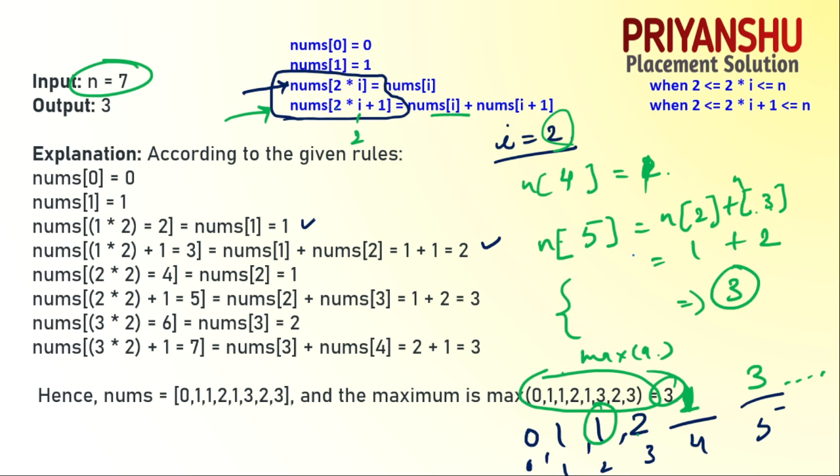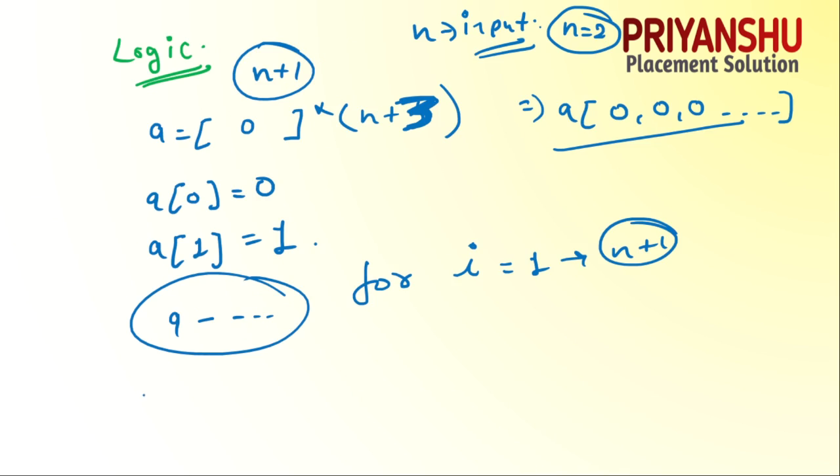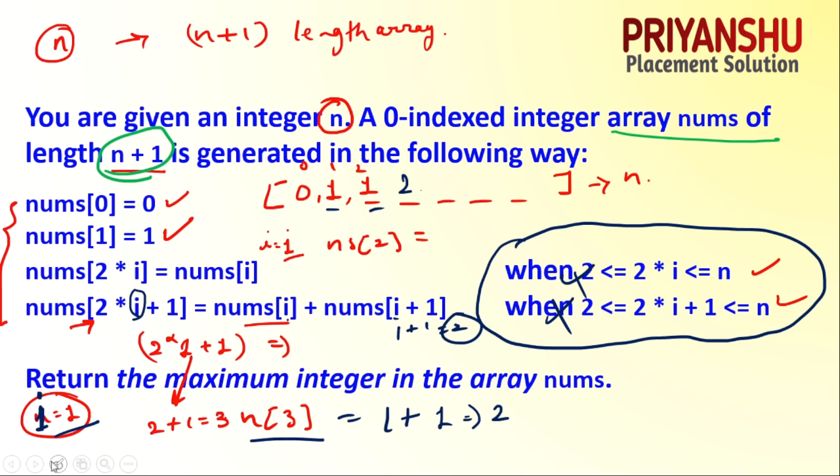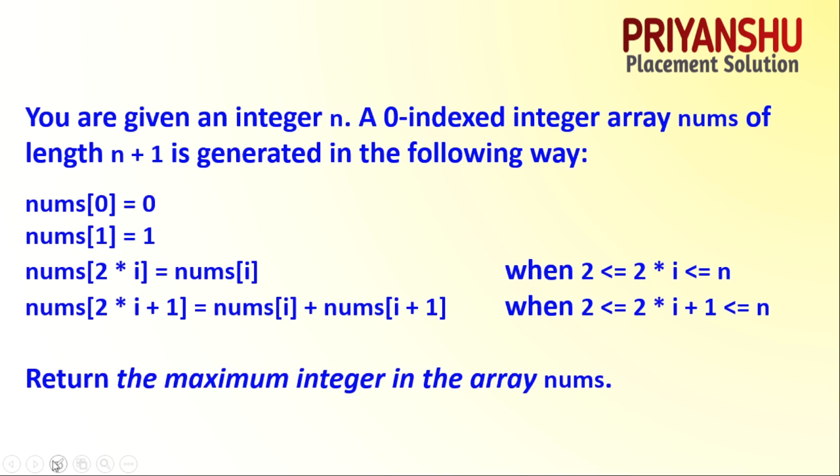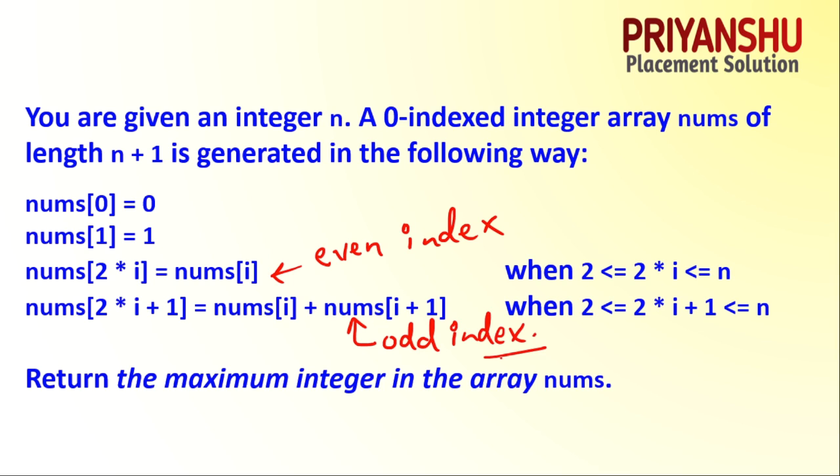But guys, let's see the confusion, why students are confused in this question. Because guys we have two statements, this will find, okay, let me clear the screen that much better. Okay guys, now there is a twist, the twist is very interesting, a lot of fun is coming guys. This one is given for guys even index, and guys this statement is given for odd index, clear? So this is the logic guys.